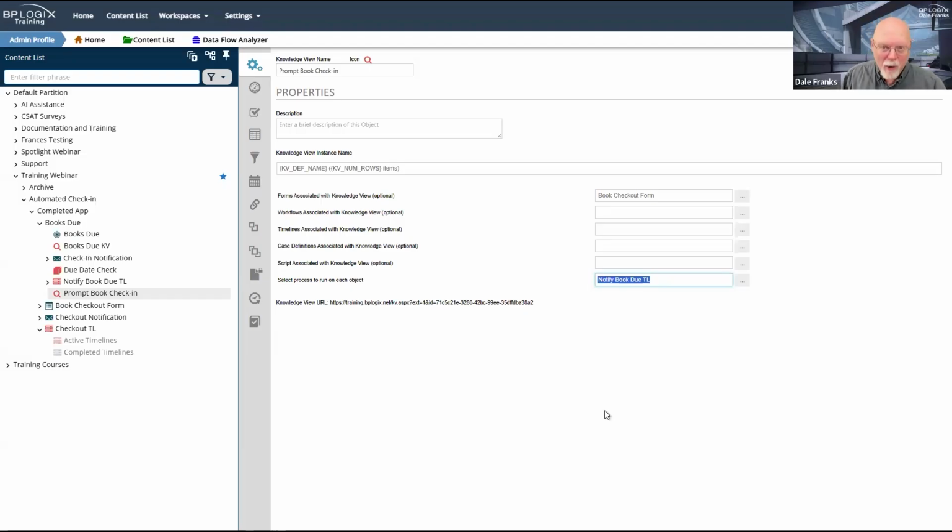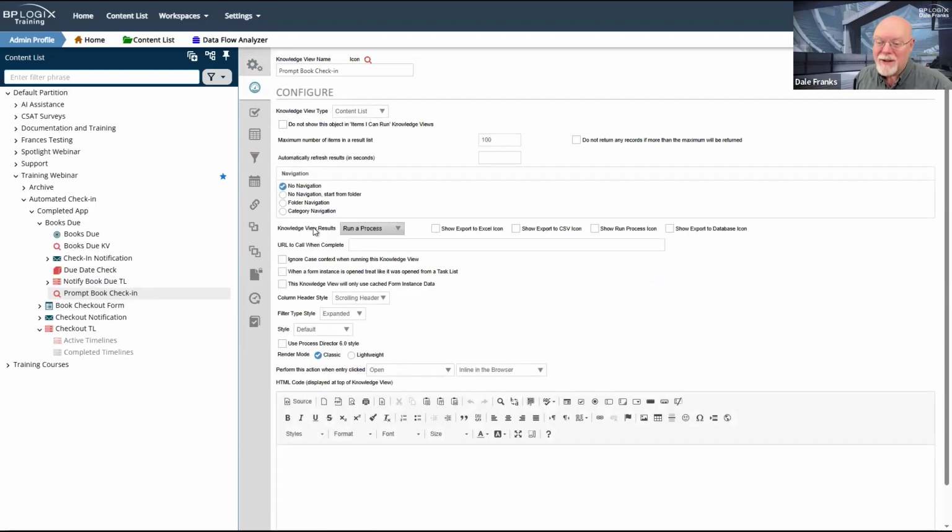You should be cautious at this point, because from this point on, anytime you run this knowledge view, it is going to invoke the process. So once we set this select process to run, if we run this knowledge view, and I know I do this a lot, I say, oh, I just want to see how it looks right now, and I go to update and run, and I run the knowledge view, once I've set this to run a process, that knowledge view results, it is going to run the process. And at this point, it's going to run all of them because I have not filtered it properly. So danger, danger, danger at this point.